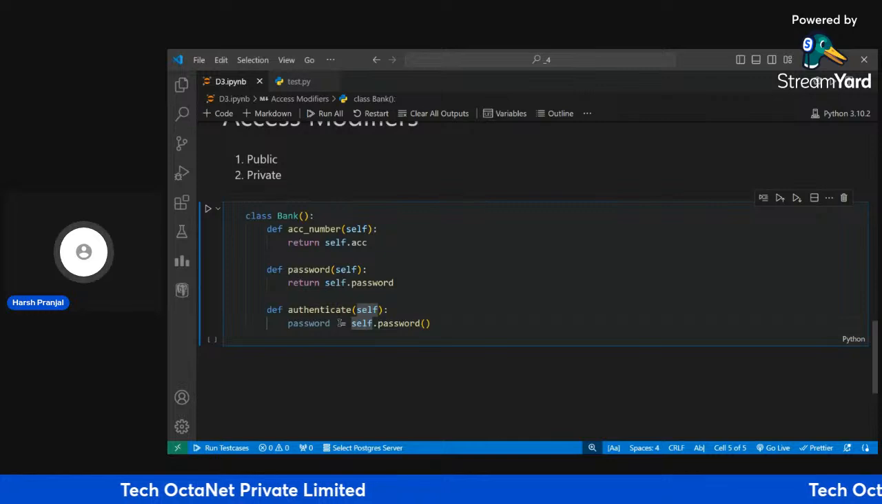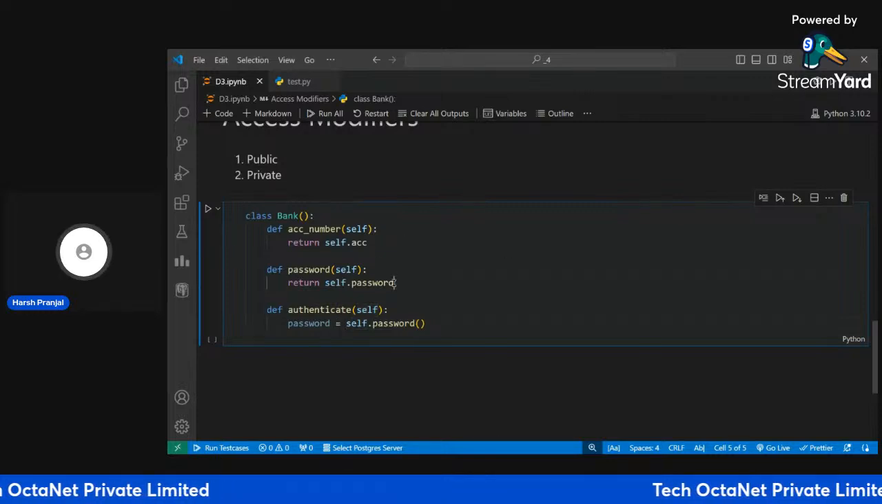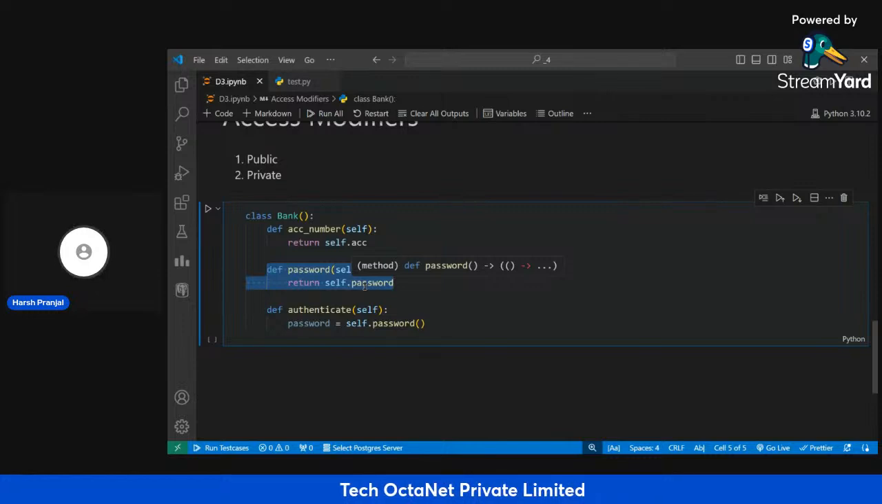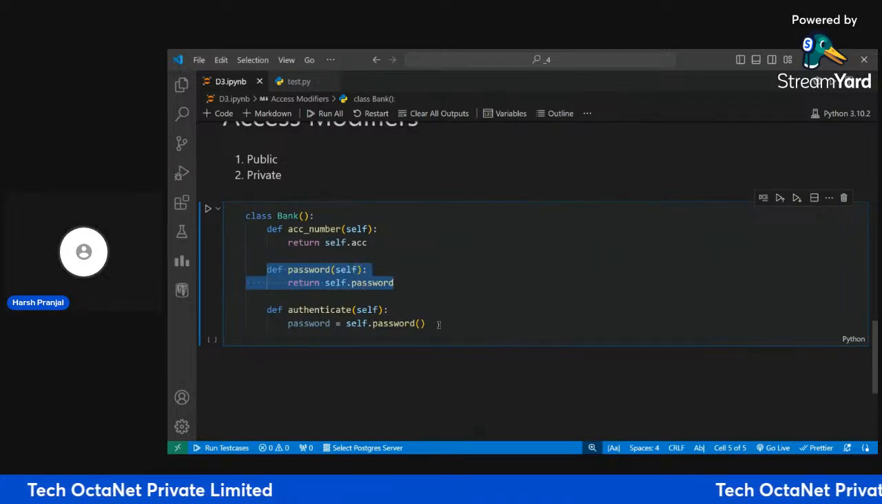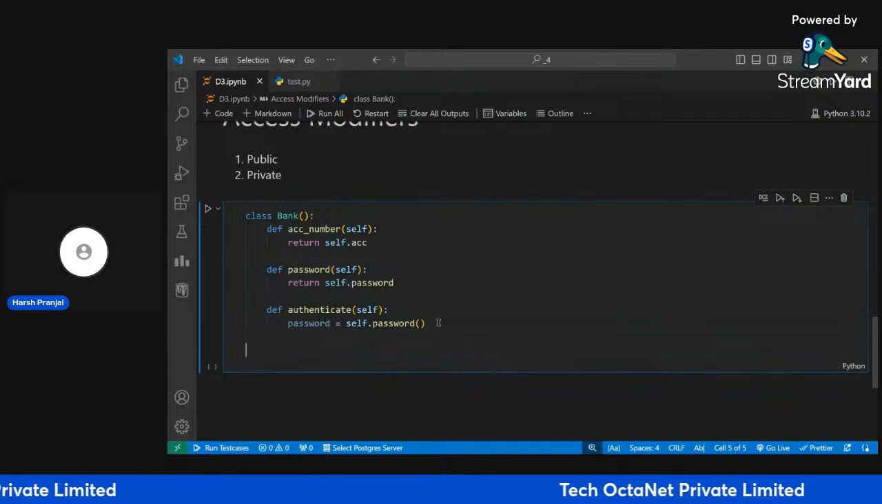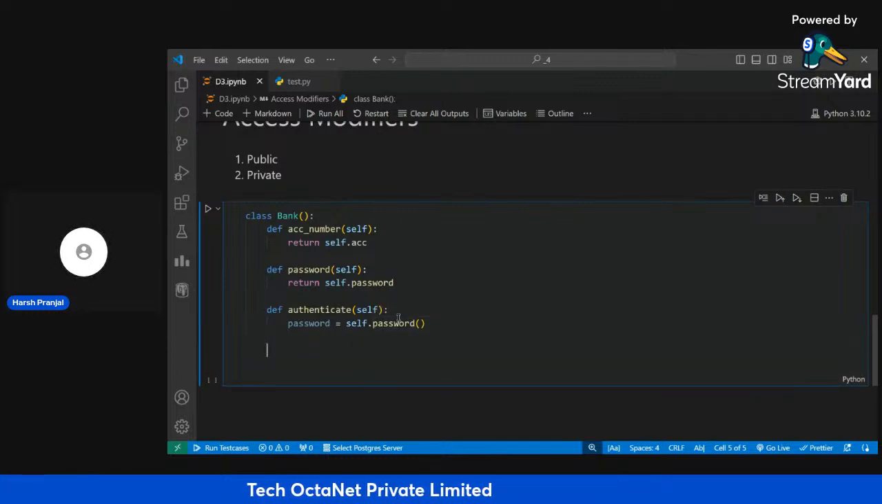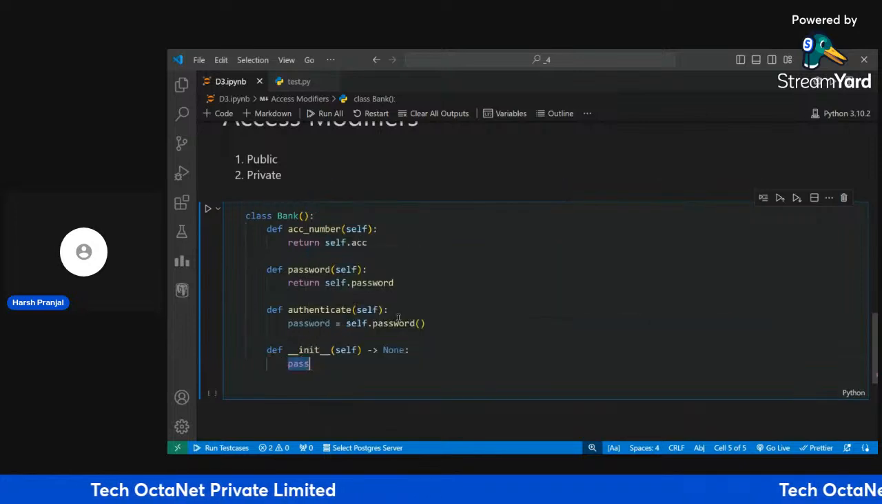See, the use of this password method is only to provide you the password and nothing else, right? Okay, now let's see if suppose, let's put the constructor here,